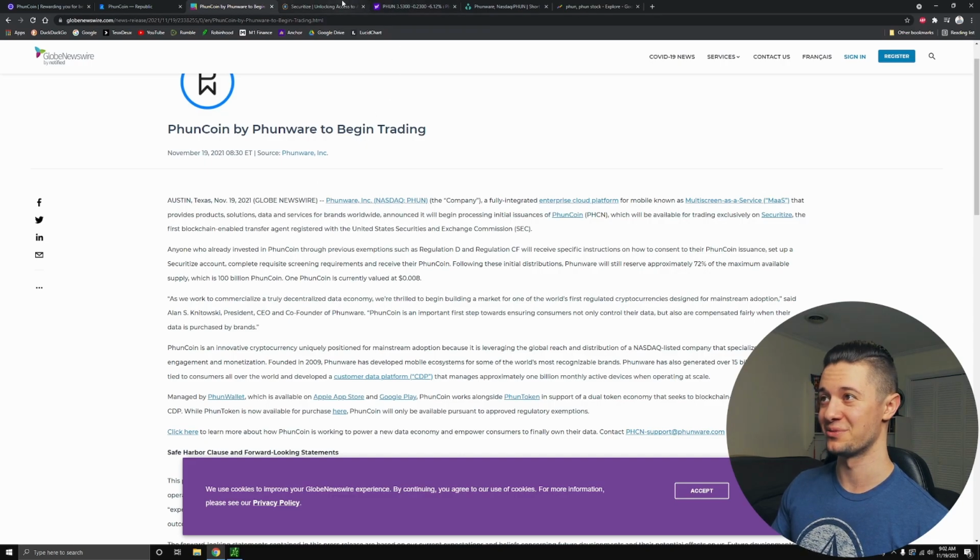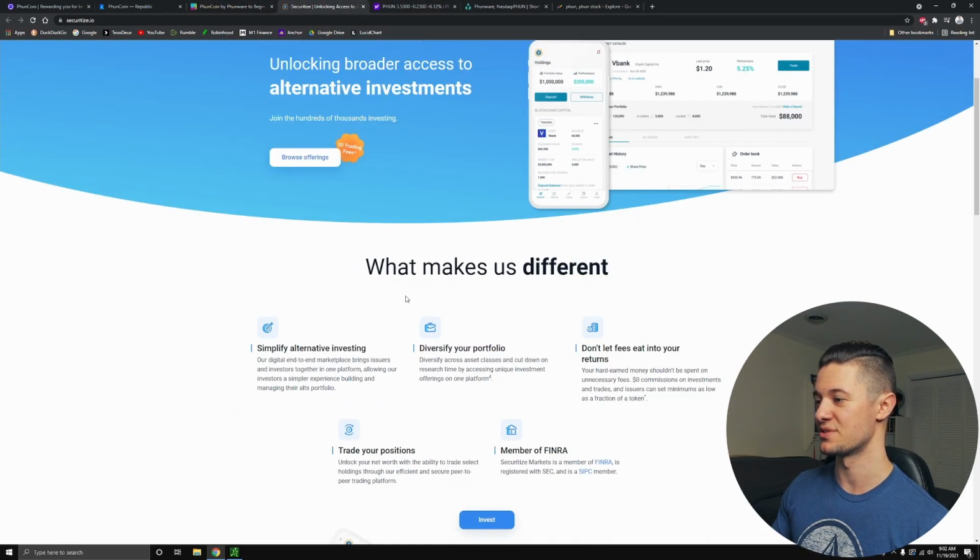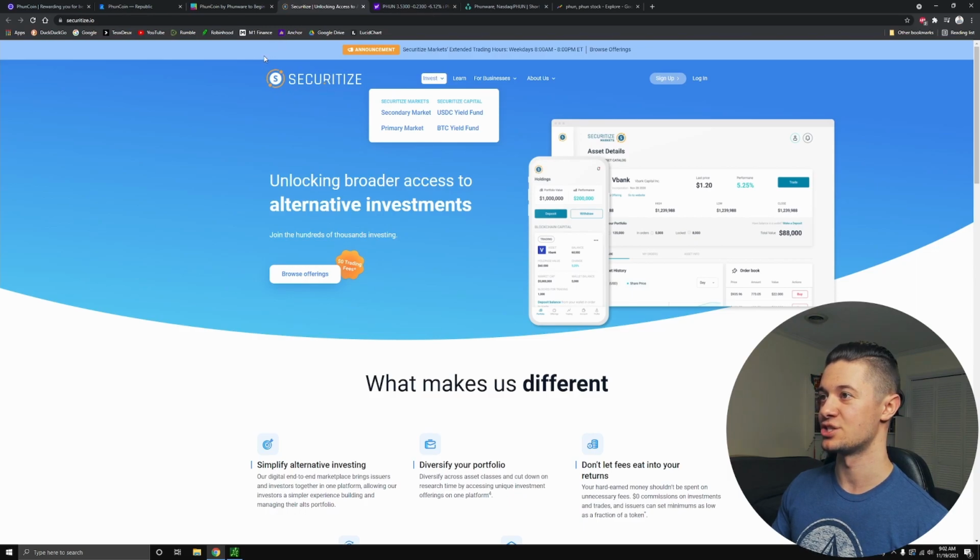Obviously, it's a pretty risky investment, right? You never know with these cryptos if they're going to take off. And the fact that it's just trading on Securitize is not the most encouraging, right? If you were to get in on this instantly, it might not be doing that well until potentially they start listing on other crypto exchanges like Coinbase or maybe Robinhood. That could certainly help their price out, though I'm not sure if they ever want to do that since they're all about protecting data.